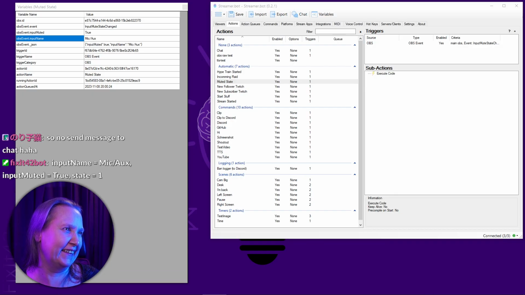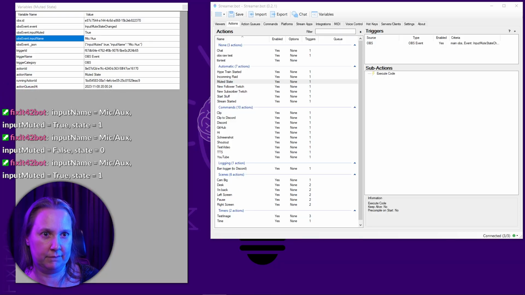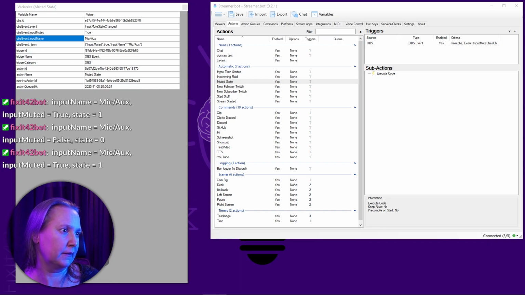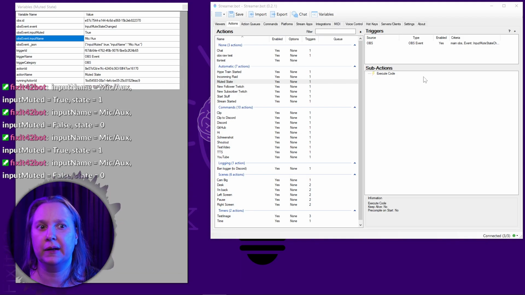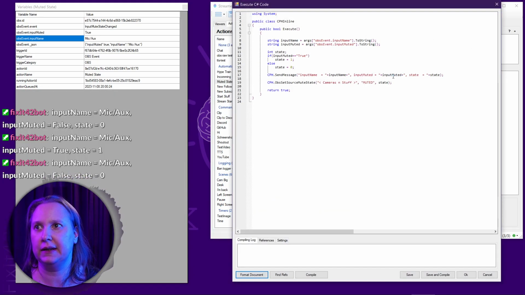Fixerbot says. Input name equals Mike/O, input muted equals true, state equals 1. Input name equals Mike/O, input muted equals false, state equals 0. There. So we got the values correct, but we don't have the